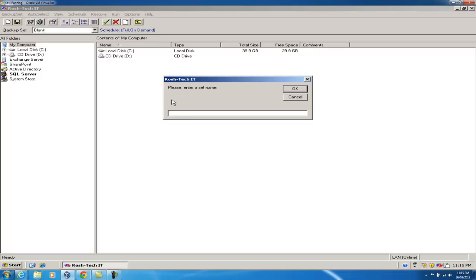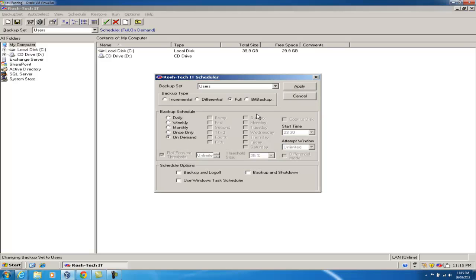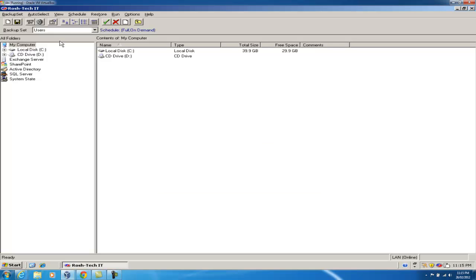In this case it's going to back up the user shared folders on the server. So I'll give it a name, click OK, and that sends us off to the scheduler tab. In this case I'm going to do a full backup, and thereafter we'll do incrementals. So click apply and close,